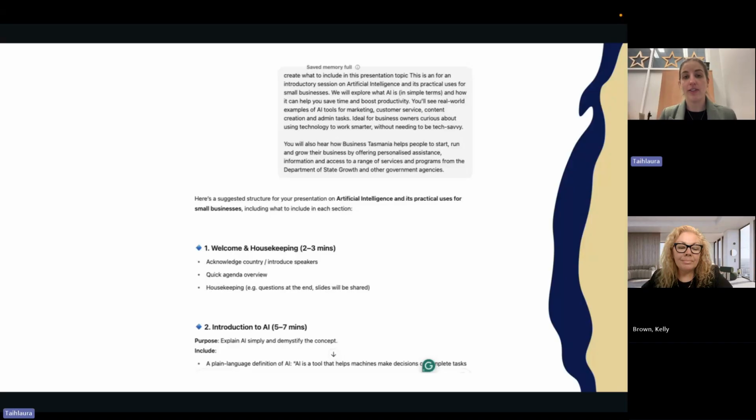But you can be as specific as, I want to know what to put on each slide, and it will come back to you and say, put these dot points on the slide and these are your talking points. So it can be really helpful to utilize that as a feature, just so that you can see how it works and save up your time as well.